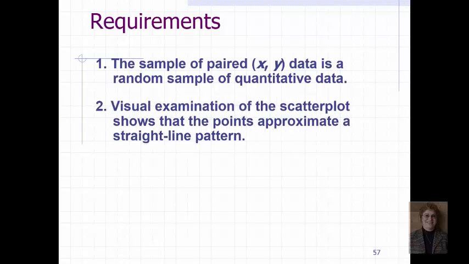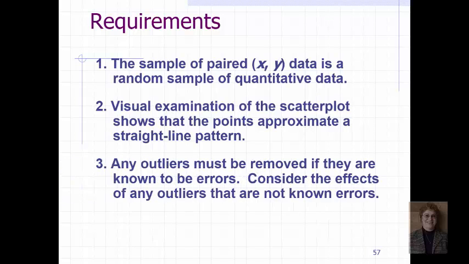The scatter plot has to show an approximately straight line pattern, and any outliers need to be removed because they influence the mean, which means they influence the standard score, and when we calculate the r value by formula, that has standardized scores, so outliers are very influential. Now again, we're going to look at how we get this by hand, and then we will look at how we do it